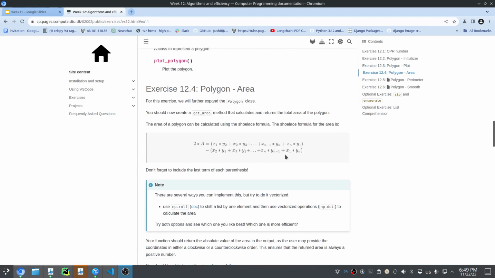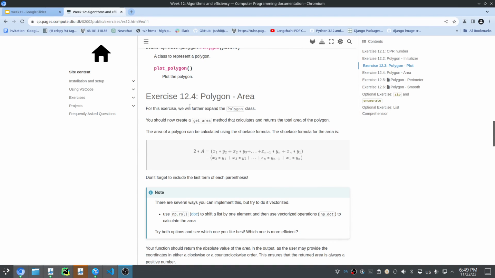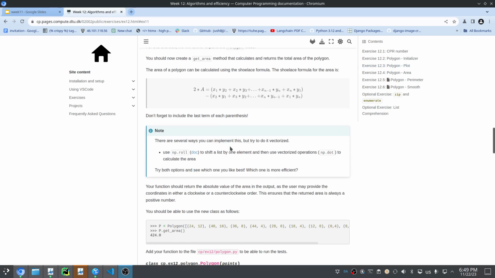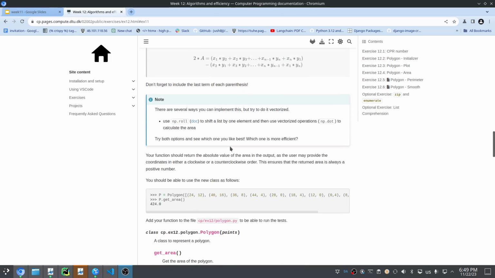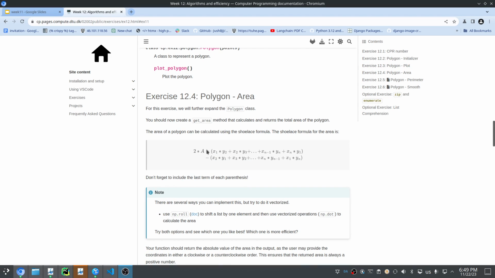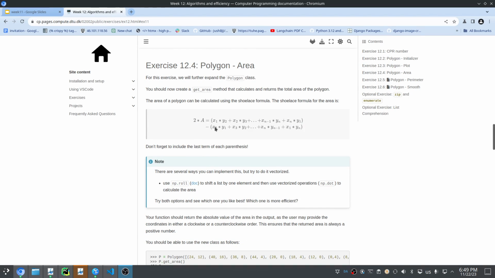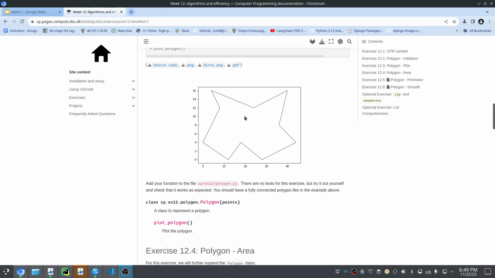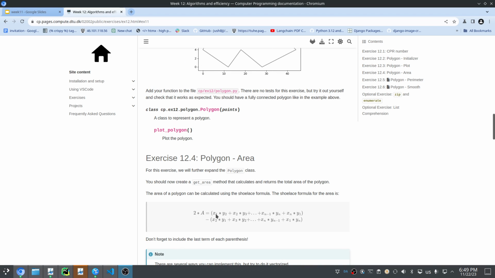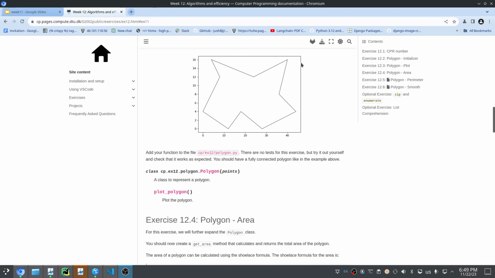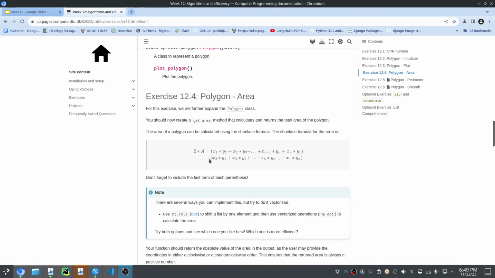Okay, so this brings us to 12.4, where we need to implement an area function of the polygon. So the area is called A here, and we see that if we denote the coordinates of each of the points of the polygon by x1 and y1, x2 and y2, x3 and y3 here, then we can actually compute the area using what we have here on the right hand side, where in